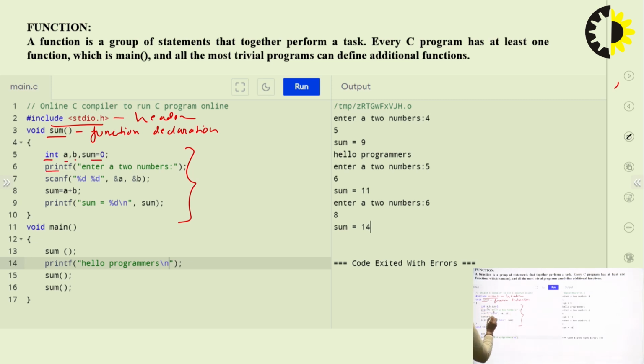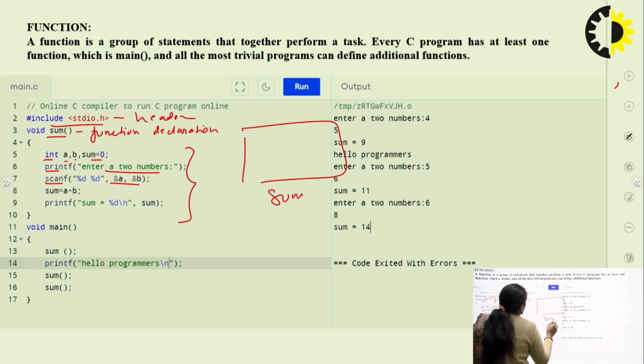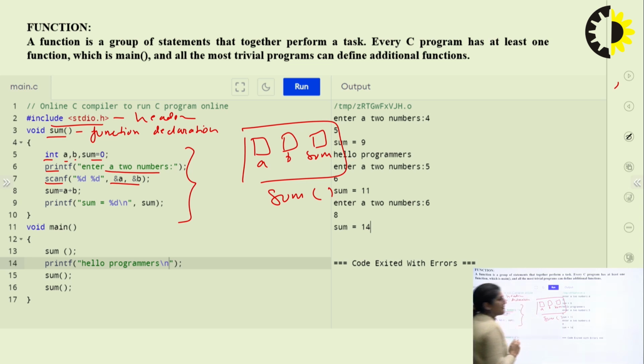From the user, I have entered the two integer numbers, then with scanf I have initialized the values of a and b. So in memory, this sum function gets one storage, and a, b and sum get 3 memory locations of integer type. Then it prints the sum.